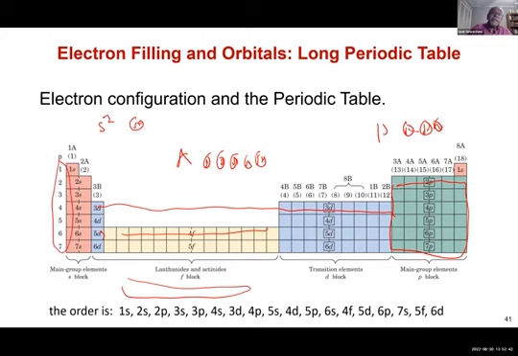These 7 are numbered 1, 2 through 7. This period is also called shell number. Shell, S-H-E-L-L, shell number. Shell number is equal to 1 here. Shell, second shell, third shell, fourth shell, number 4, 5, 7. So the shell